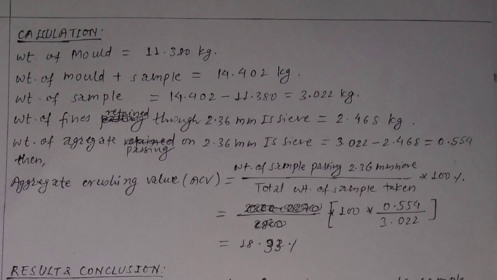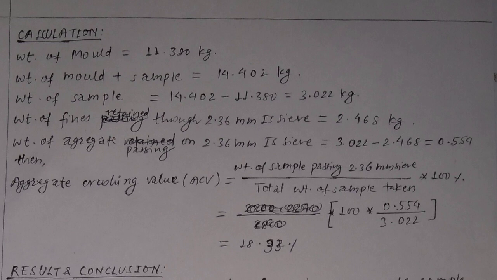So after taking all the data, let's see the calculation part. Weight of mold equals 11.380 kg, weight of mold plus sample equals 14.402 kg, weight of sample equals 14.402 minus 11.380 equals 3.022 kg, weight of fines retained on the 2.36 mm IS sieve equals 2.468 kg, and weight of aggregate